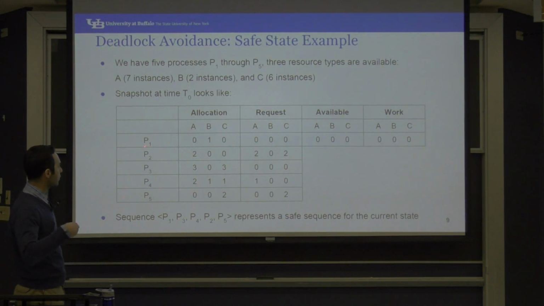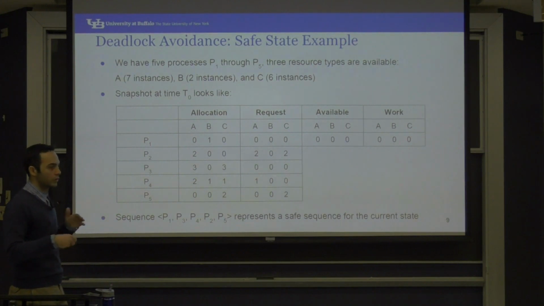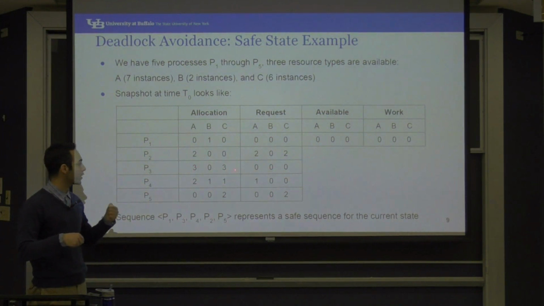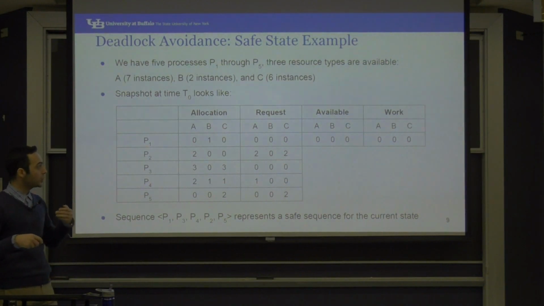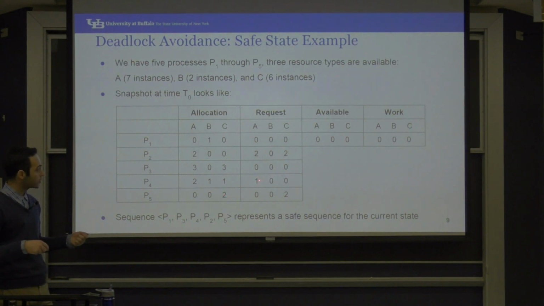Let's see. So for example, P1. P1 does not request anything, right? So we can let P1 finish without allocating anything, and when P1 finishes, it releases 1B. Now, then we can, again, this P3 doesn't request anything, so then it will run completely, finish, and then releases 3 of A and 3 of C. So by the time we are done by P1 and P3, we have 3, 1, 3 available. Then, using that 3, 1, 3 available, we may grant this request to P4, and then P4 finishes, and when